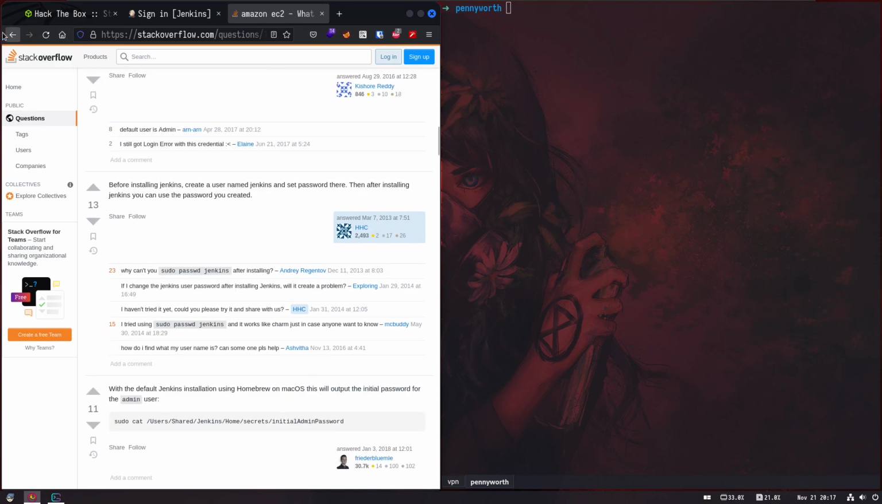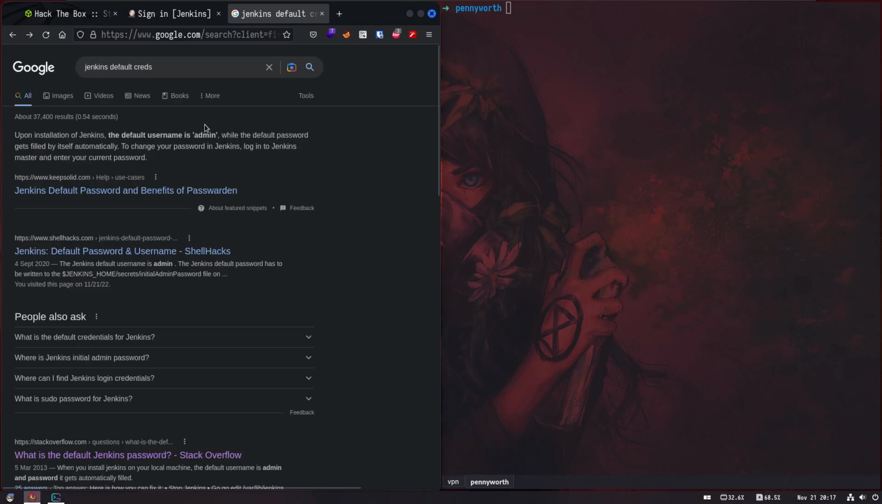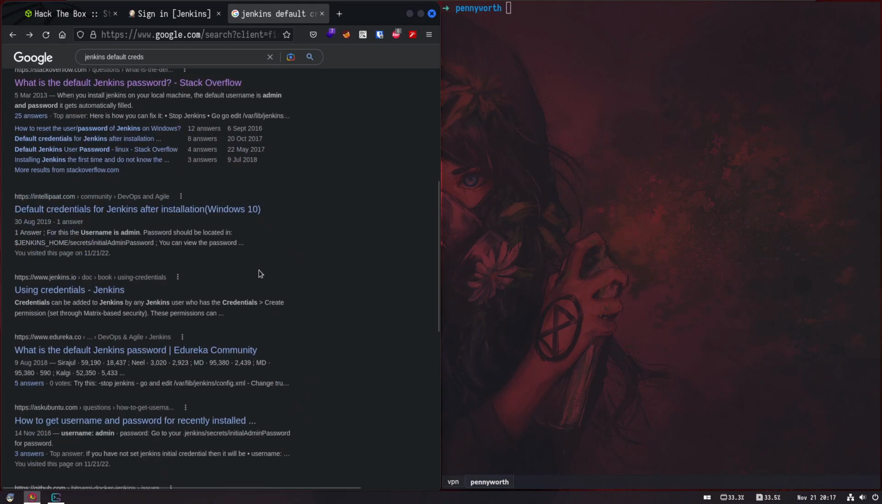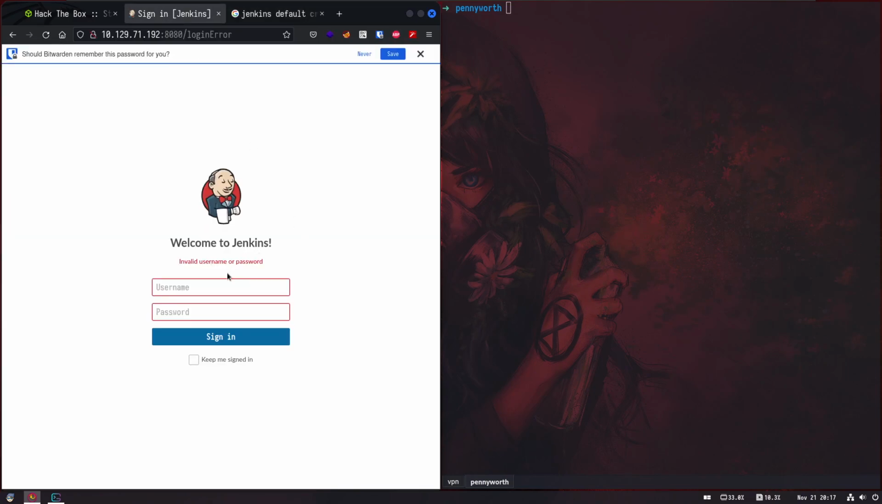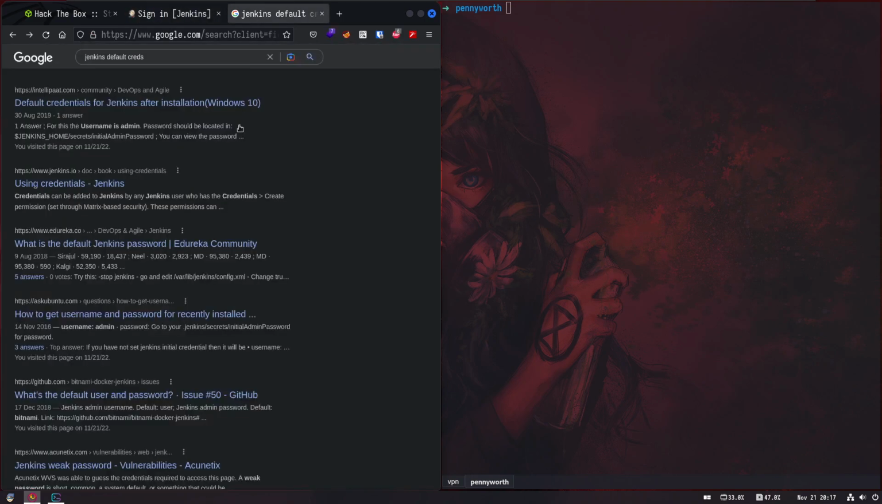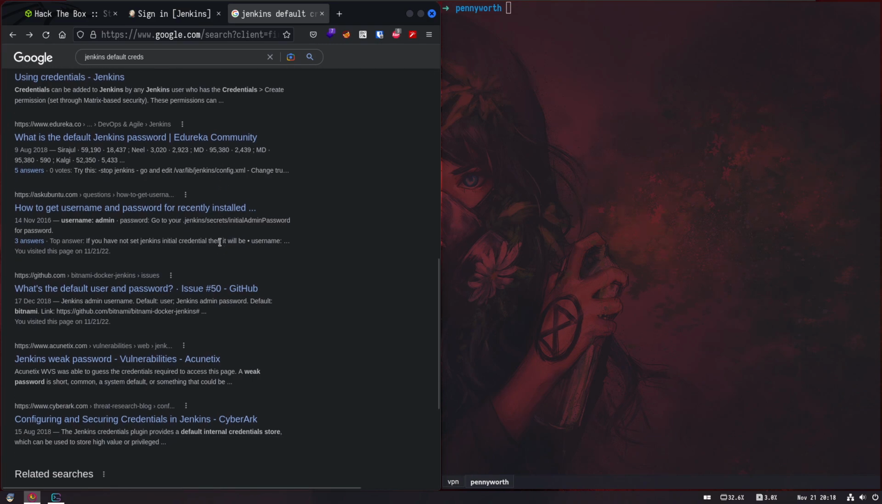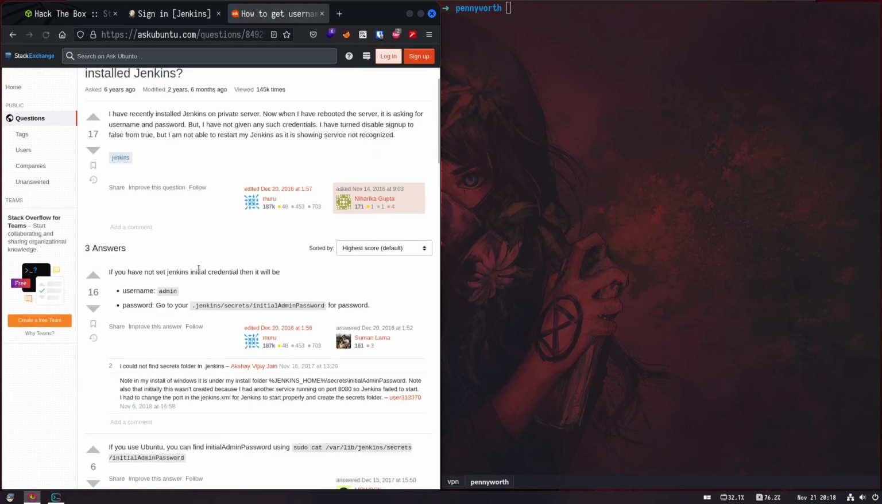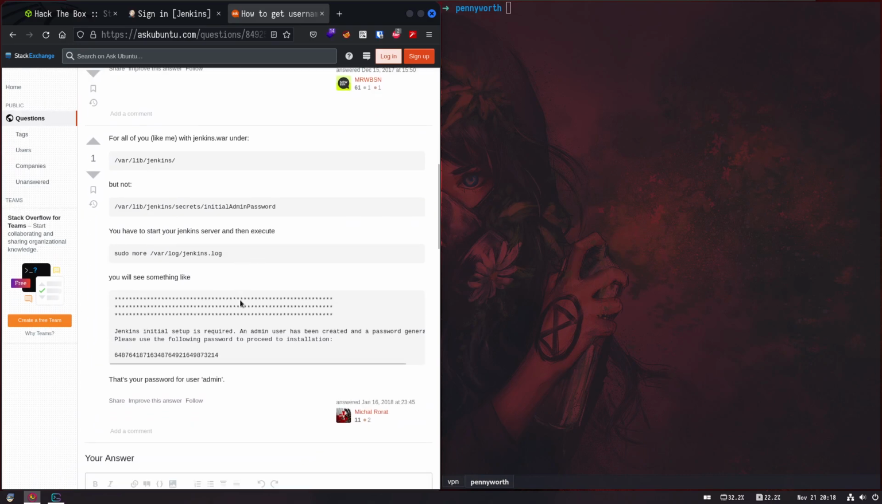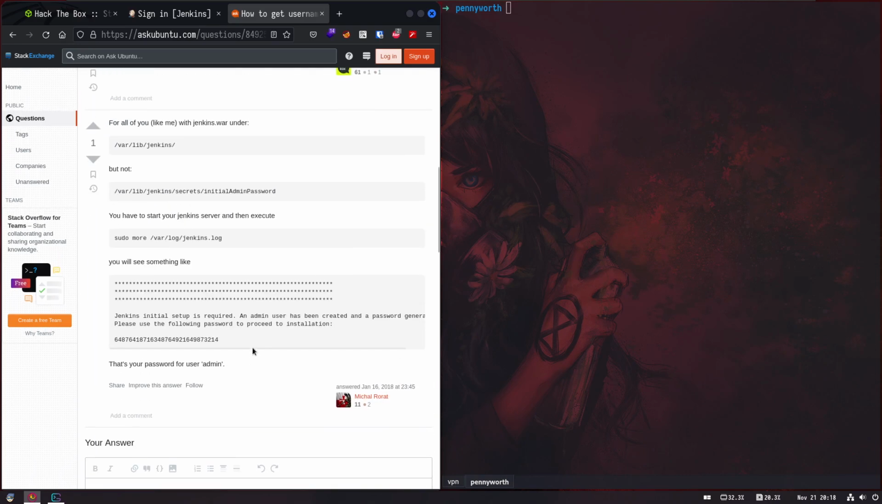I want to see are there any default creds? Since it said the default username is admin, I'd expect maybe admin as the password, or oh, there's also admin123. Let's try that. Admin123. Nope. So let's see. Username admin. This one again is talking about a local install. We don't have an LFI or something to read that file, so